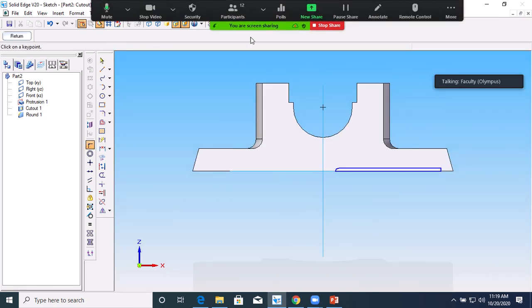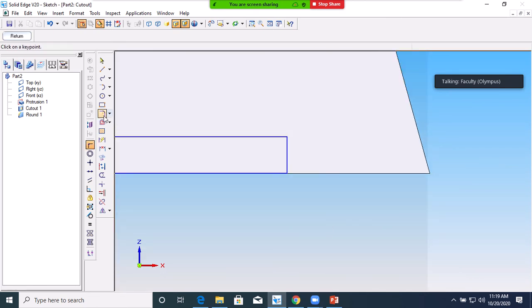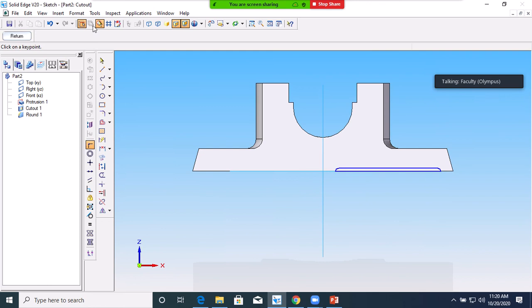On the other side also, zoom this and use the fillet option, 2 mm fillet, then delete this line. As I told you, connect the line end point and curve end point. Once it is finished, select this part, both sides, not only the right side, it is also there in the left side. So do mirror with respect to this plane. Okay, then you say return.